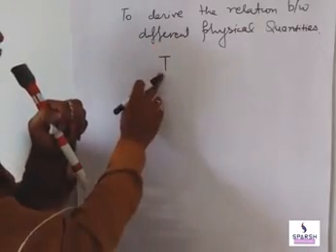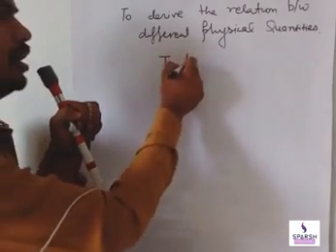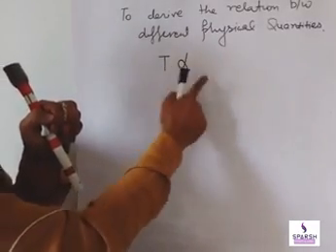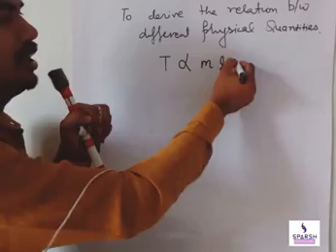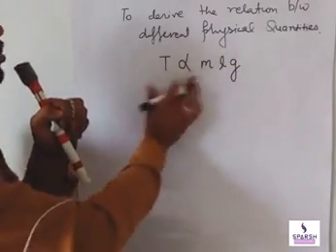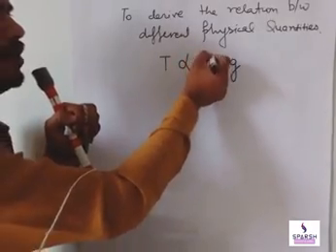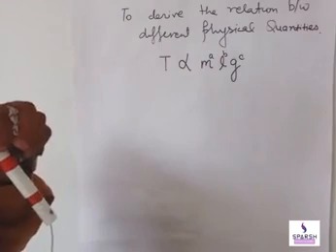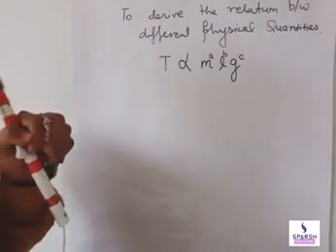The quantity for which we have to derive the formula is written on the left hand side, and the quantities on which this quantity depends are written on the right hand side. So I have told you mass, length and acceleration due to gravity. These all will be given in your question. Randomly we put powers a, b, c because we don't know the powers of these quantities or the formula, and we are going to derive the formula.